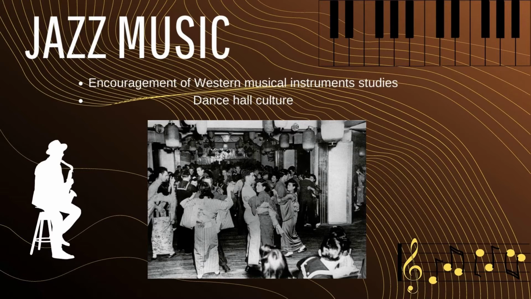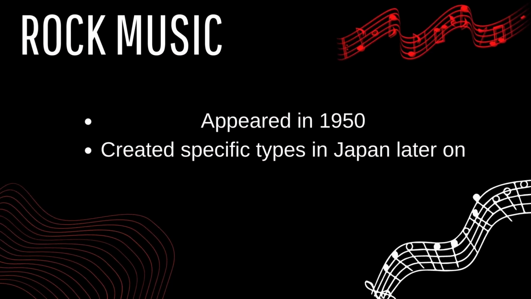In 1912, the first Japanese jazz band called Hatano Jazz Band was formed, and jazz music became more and more popular. But in 1936, all of the Western culture was banned in Japan, including dancehall and jazz music. But it didn't last very long. After World War II, as America entered Japan again, jazz was brought back and had better development till nowadays. And here is our next example, rock music.